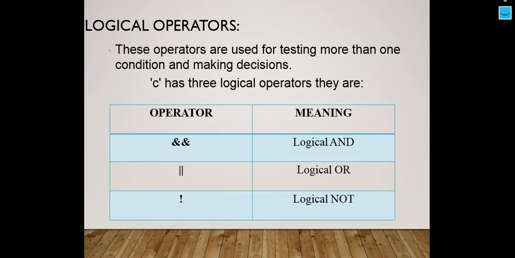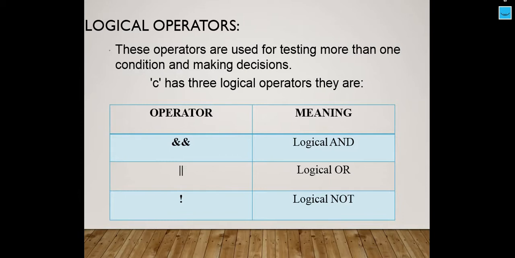Right? These are basic concepts of logic gates. Now if we talk about logical OR, of the two operands on either side of the logical OR operator, at least one should be true in order to get the answer as true. If both are false, then obviously it will be false, but if one is true or if both are true, then it should result in true, that is 1.